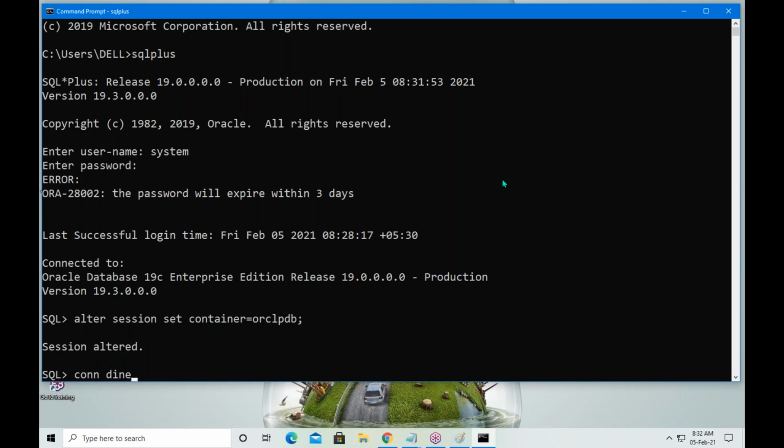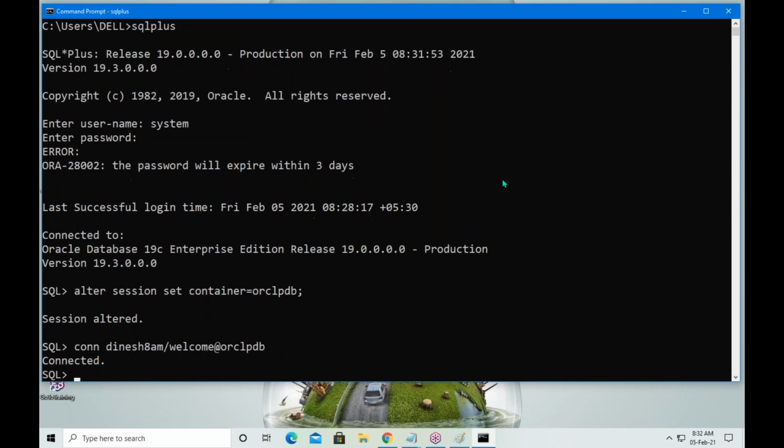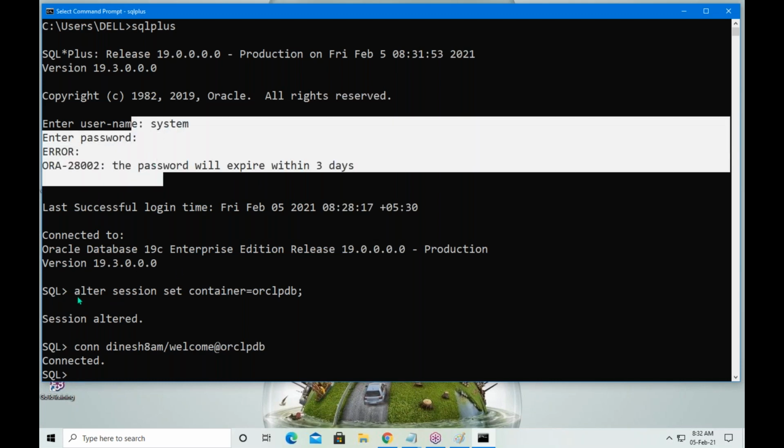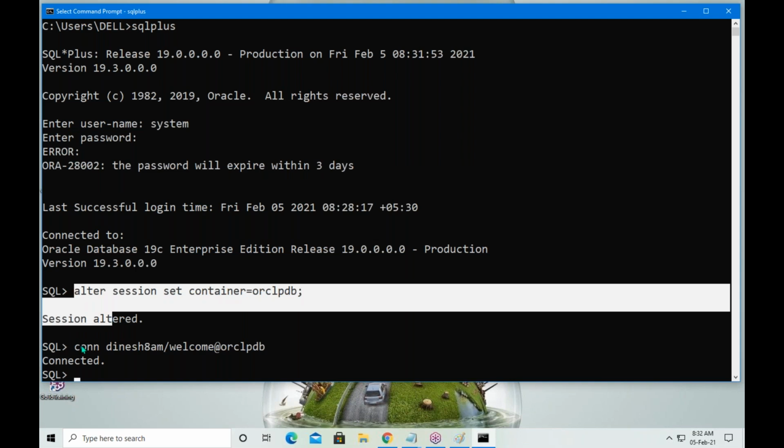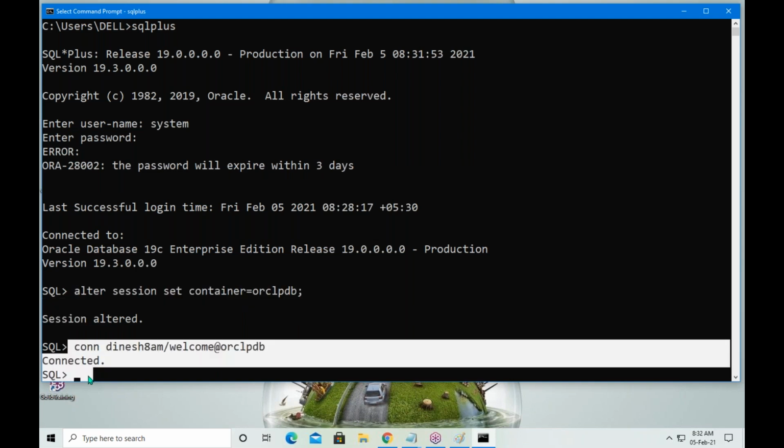And then connect as Dinesh 8 am / welcome @ORCL PDB. Okay, this is one method. So here, first connect as system, next switch into PDB, next connect as developer. Three steps you are doing.